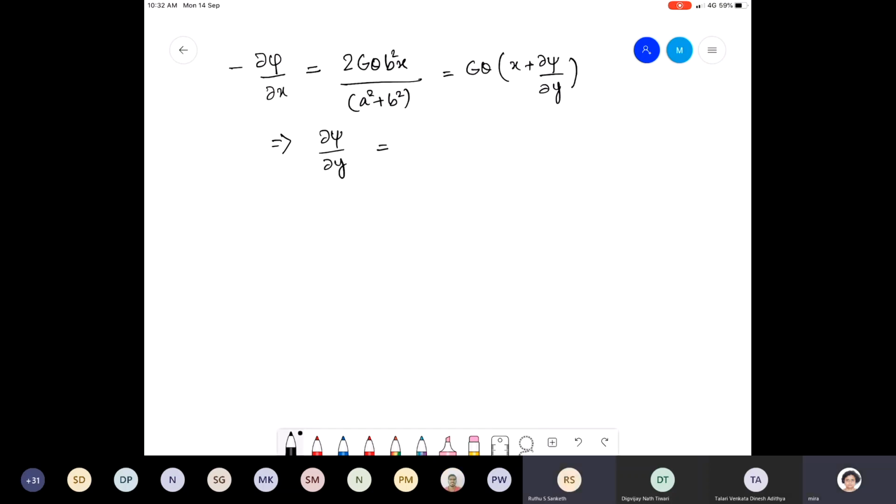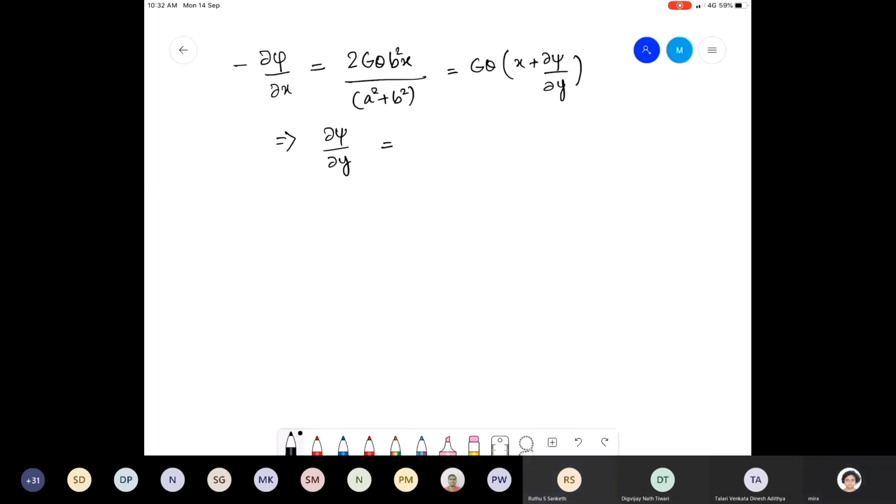Ma'am, isn't it del p by del y? No, tau yz. Oh, okay, okay, got it, got it. So, am I doing it correctly? Let me know if things are going wrong. So 2b square minus a square minus b square. Yeah, sounds good. Okay. So this is equation 2